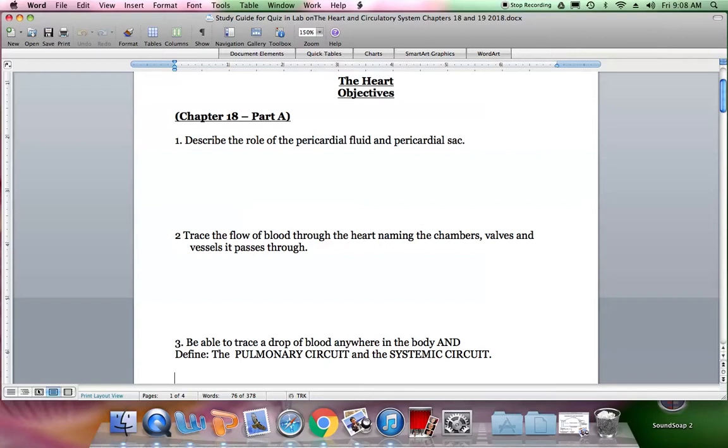And then from the right atrium, remember, it passes the right atrioventricular valve, which is called the tricuspid valve, into the right ventricle. Then it is pushed out of the right ventricle through the pulmonary semilunar valve into the pulmonary trunk, to the pulmonary arteries, to smaller pulmonary arterioles,